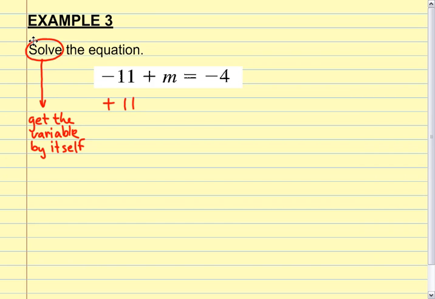Okay, but wait a minute. Wait a minute. Who can tell me what we're talking about here? Suzette? Algebra. This is algebra. And in algebra, Suzette, whatever I do to one side, I have to do to the other. So if I put 11 positives on the left side, CB, I need to put 11 positives on the right